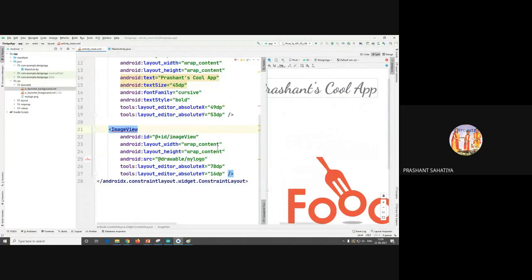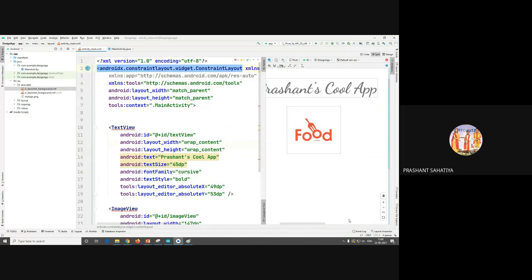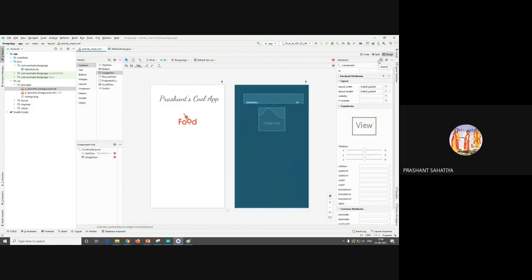Okay, I don't want that because it is the size of content. So I told that width should be according to the size of content. I told that height should be according to the height of content, but I don't want that thing. I want it according to my changes. Okay, so this is what I have done for that thing. Chalo, go in the designing portion.